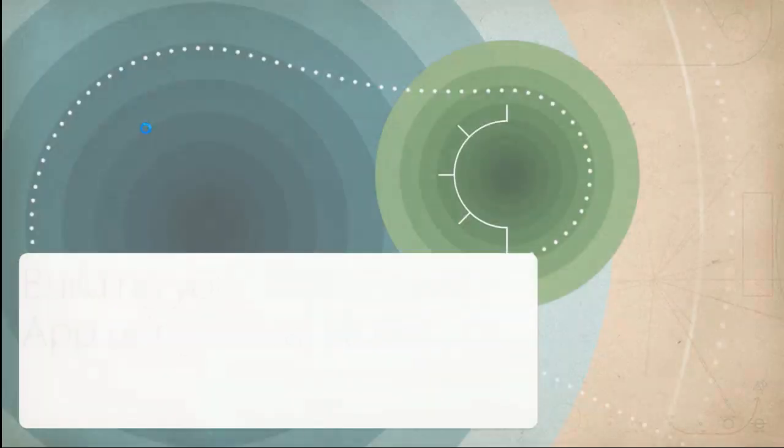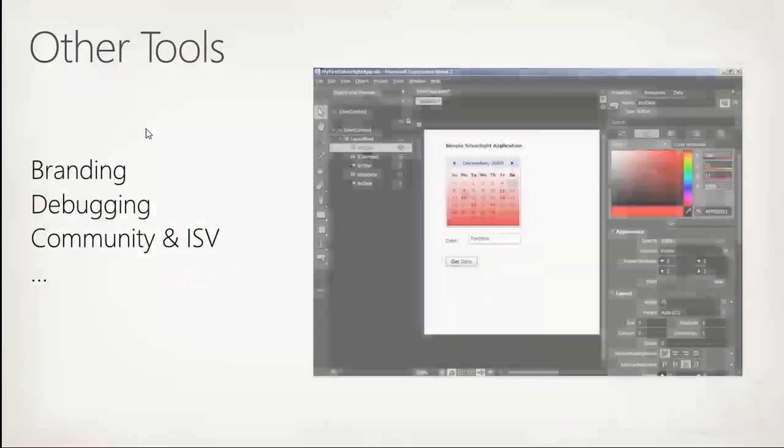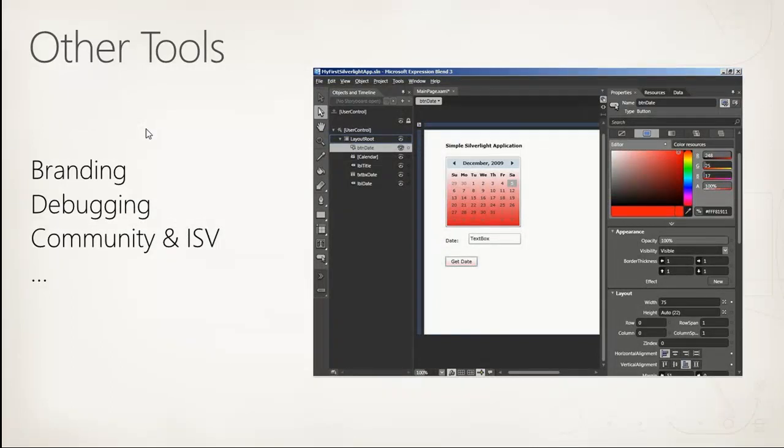I think I showed you how to build your first app. Now, there's some other interesting stuff, right? So if you do any branding, there's something called Expression Blend. Remember Silverlight? It's not quite dead yet. It's a little bit of a limp. But you can still do some Silverlight. There is a Silverlight Media Web part built into Office 365 and SharePoint, so you can still leverage it.